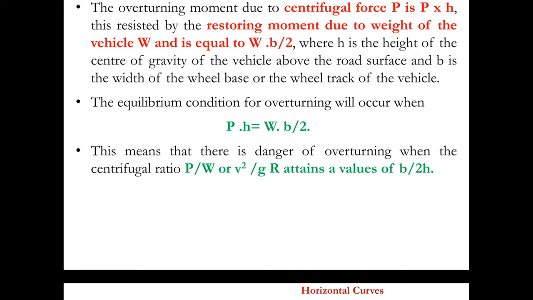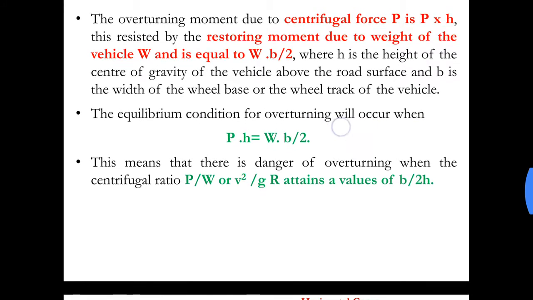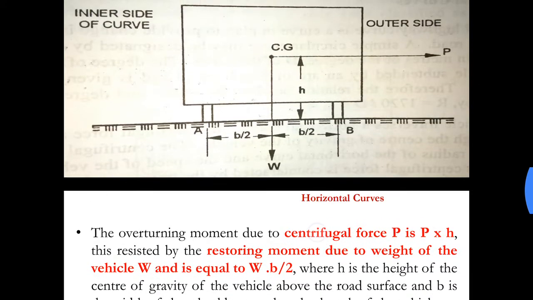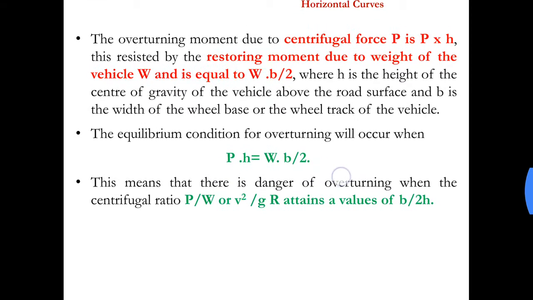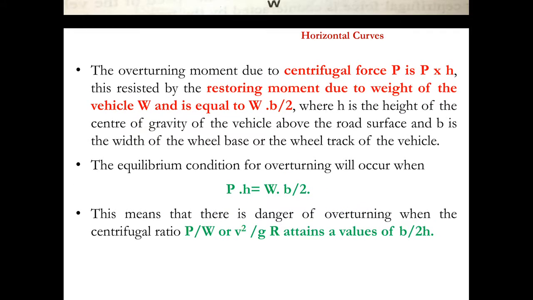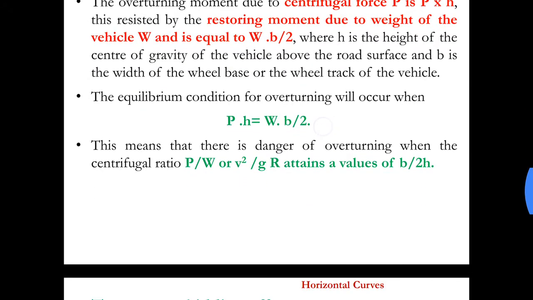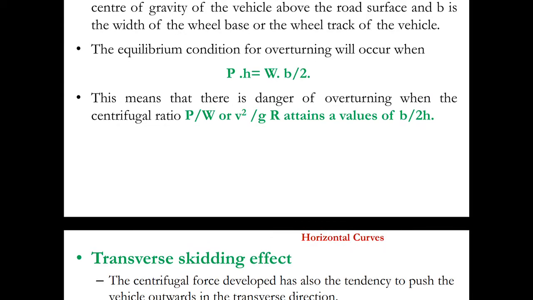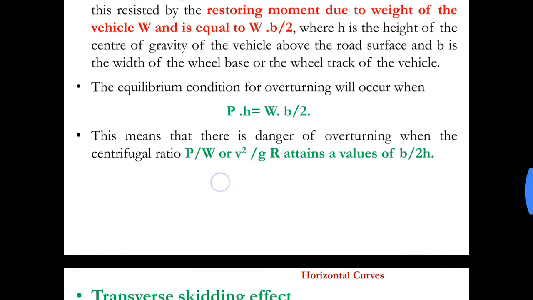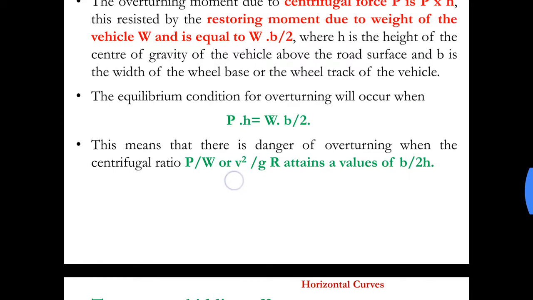Hence the equilibrium condition for overturning will occur when? The equilibrium will be when both moments are equated. So PH is equal to W into B by 2. This means that there is a danger of overturning when the centrifugal ratio, which is nothing but P by W,